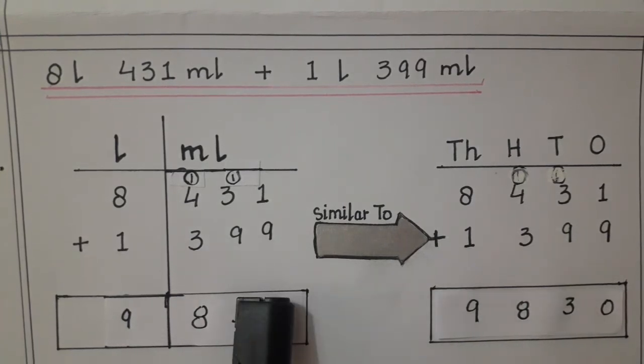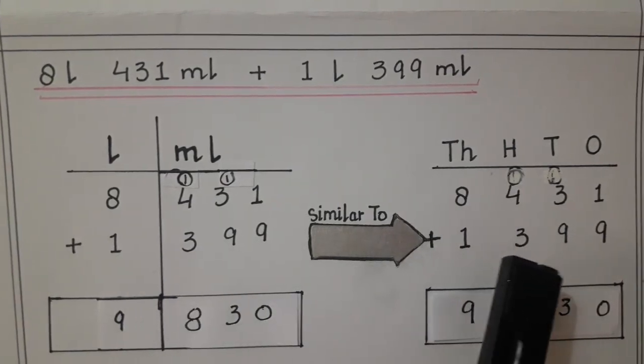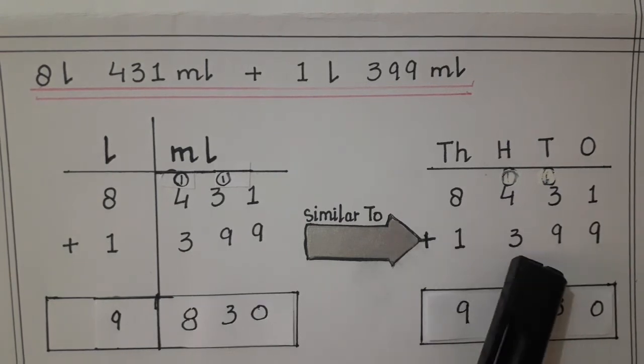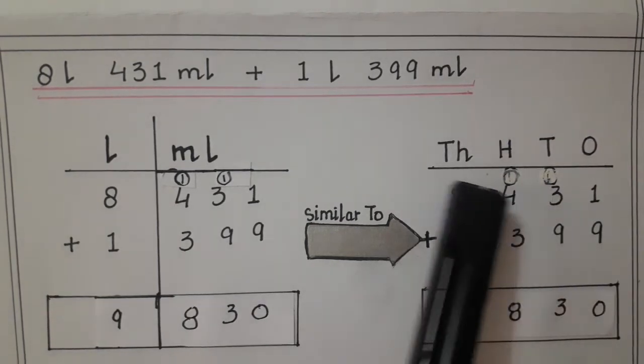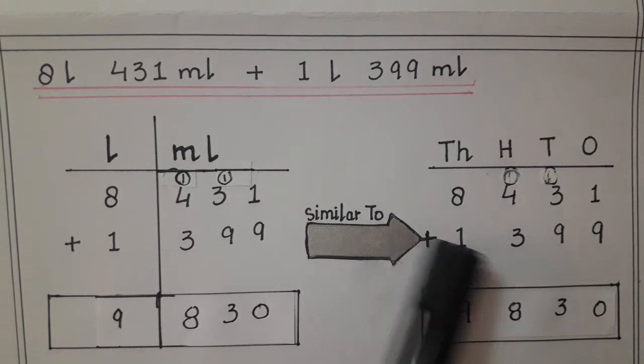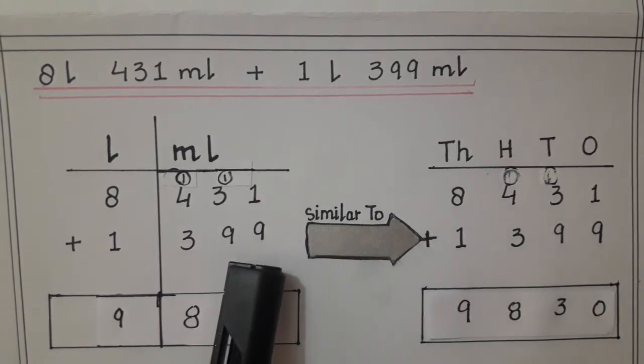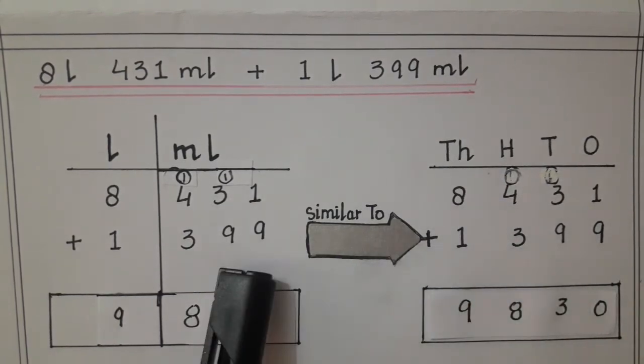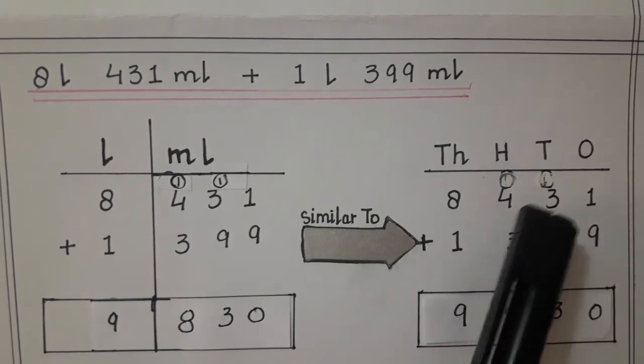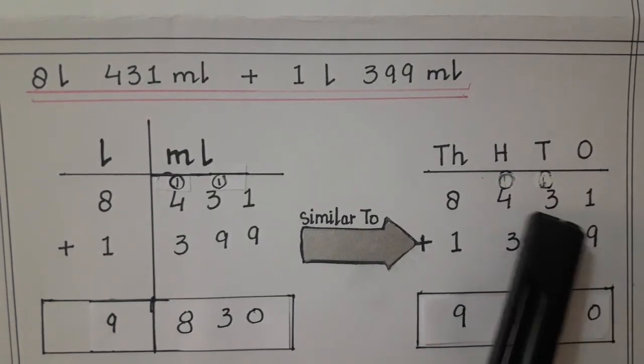So you can do these questions by just thinking in your mind that these are the previous type of questions, ones, tens, hundreds and thousands. Both of these have a similar method. Okay, why did I tell you both of these methods? Because this is the previous method you have done in class 2.